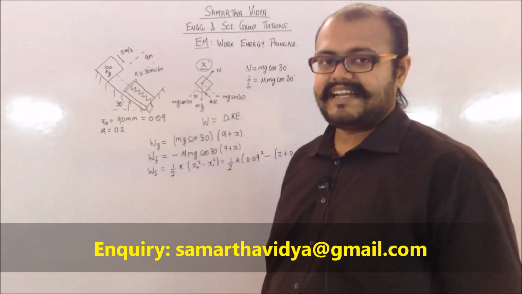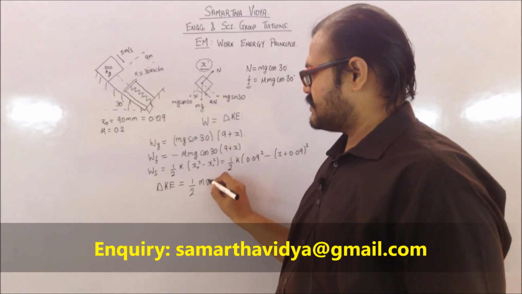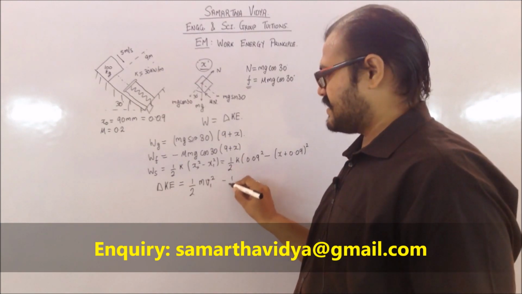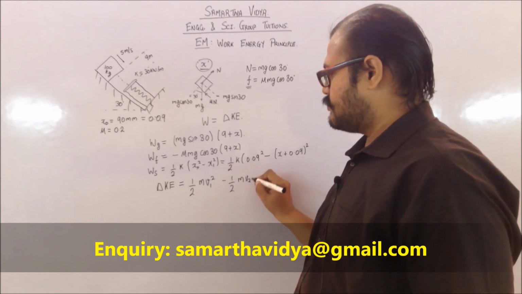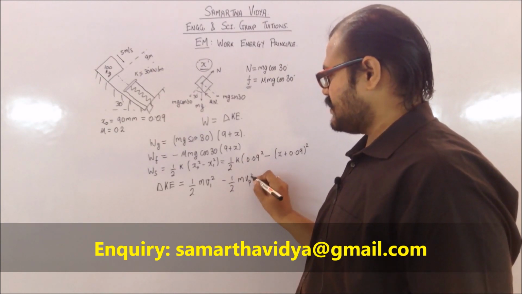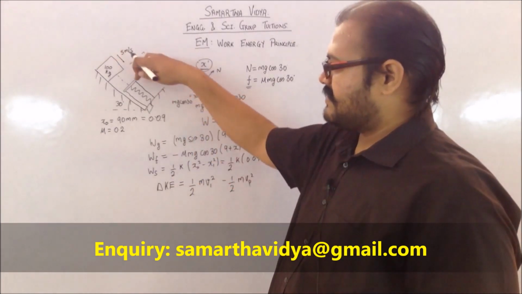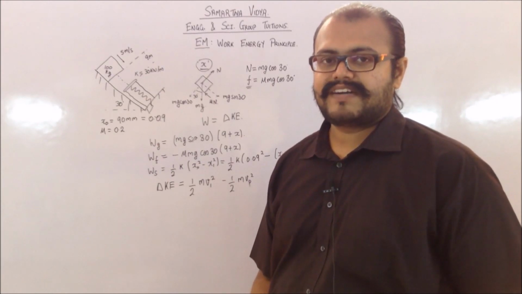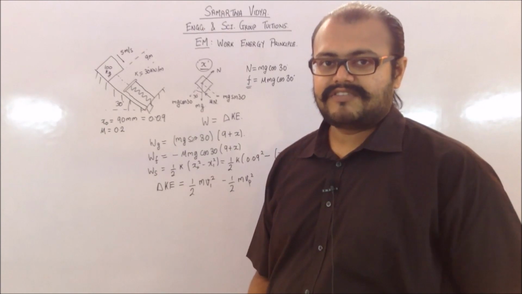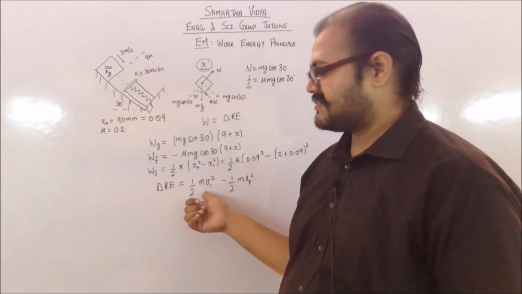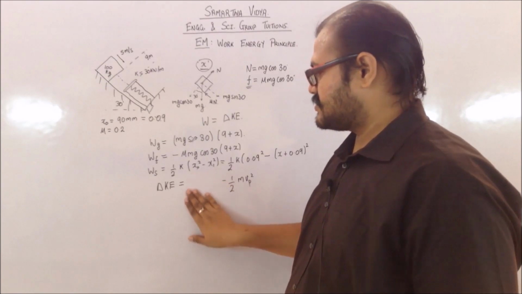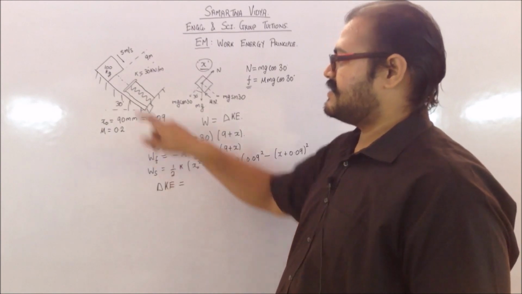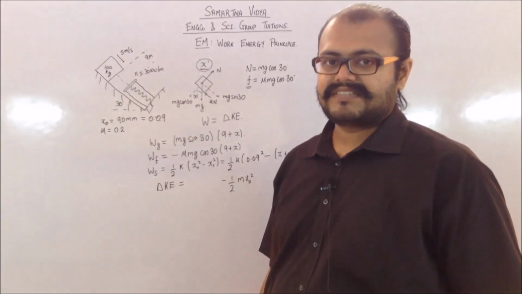Let us analyze the delta KE from this, into half m v square. So that's, let us say it is half m into v1 square minus half m into v0 square. So in this case we know that since we have to find the extra compression which is being present in the spring, so basically we have to find till the point when the velocity of the block is going to be 0. So that is why my final velocity is going to be 0. So it's going to be just minus half m v0 square, where v0 is the initial velocity which is going to be given as 5 meter per second.